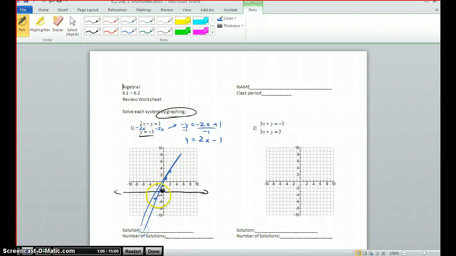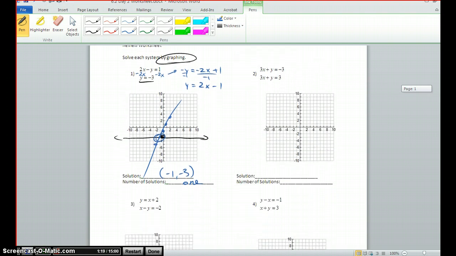And then you guys are going to graph it using a straight edge, obviously, to see where they intersect, and that's a nice, neat point, -1, -3. Number of solutions, there is 1. Now let's move on as a group to,